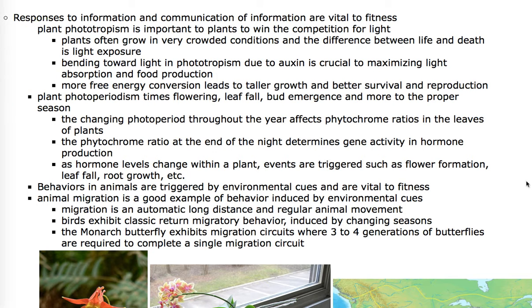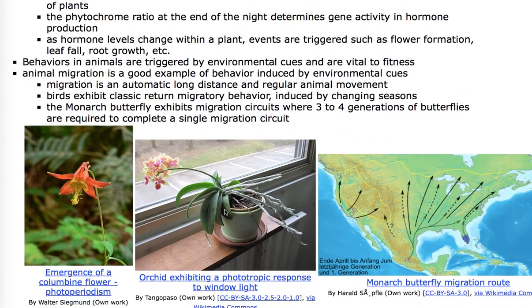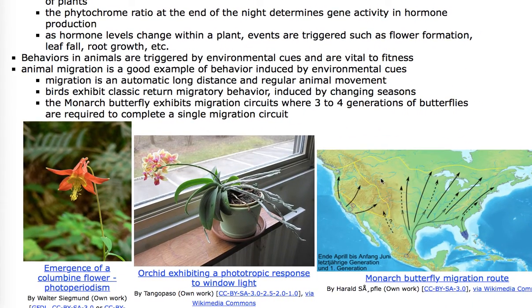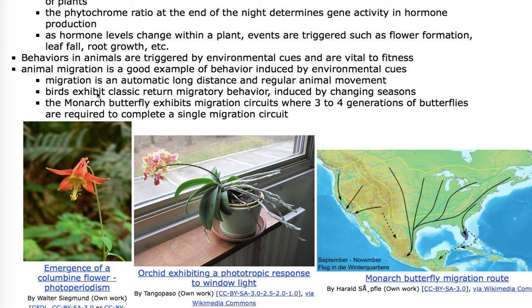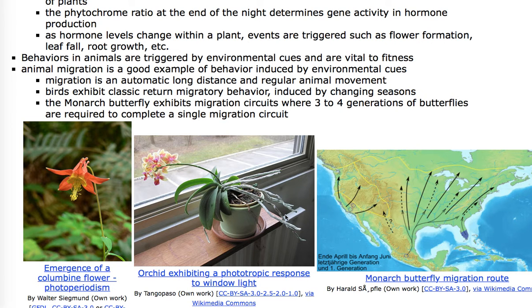Migration is an incredible example of an animal using environmental cues and responding appropriately. The monarch butterfly is a serial migrator. Basically, migration is an automatic long-distance and regular animal movement. Birds exhibit classic return migratory behavior induced by changing season, but the monarch butterfly exhibits serial migration circuits where 3 to 4 generations of butterflies fly out and around in a circuit and then come back to where the original